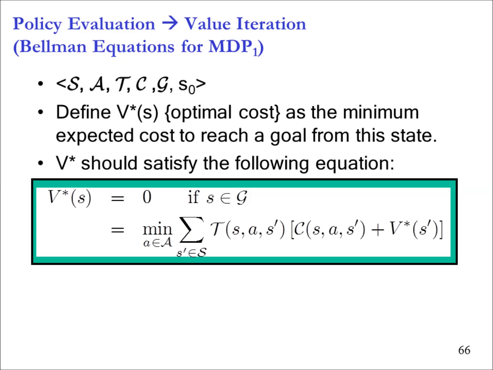So you don't have a pi in this case. You evaluate all possible actions and then choose the minimum. But in each S prime, can you take an action? Every state can have a set of possible actions, not all actions. Right, and that will be computed recursively by V star. That's why it's a recursive set of equations. You look one step in the future. This capital A would be the set of actions that are possible in S, not in general all actions. If it is not possible in S, then you will not have a transition.